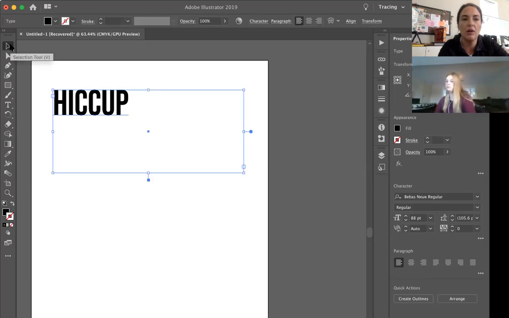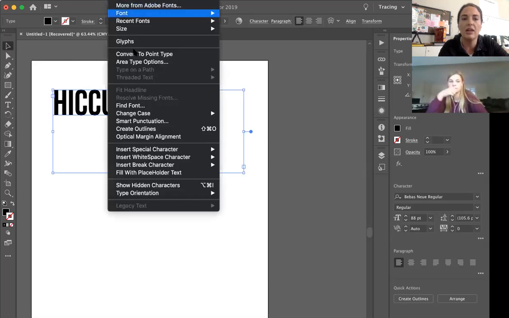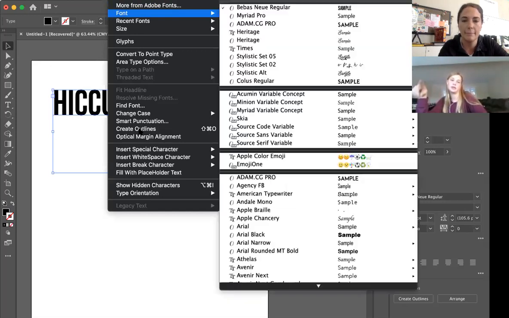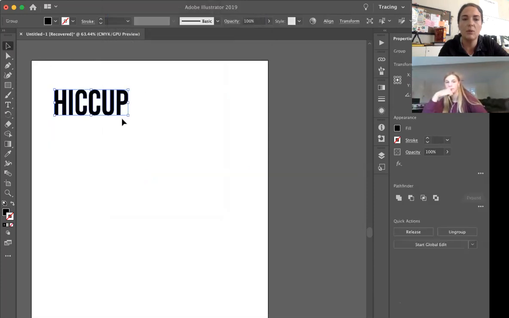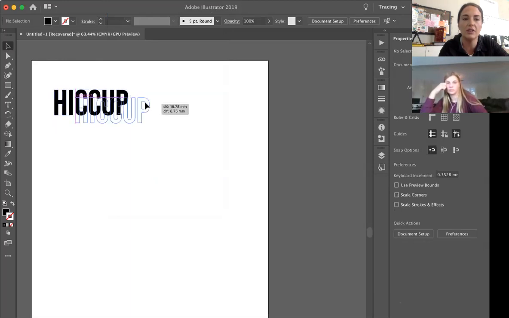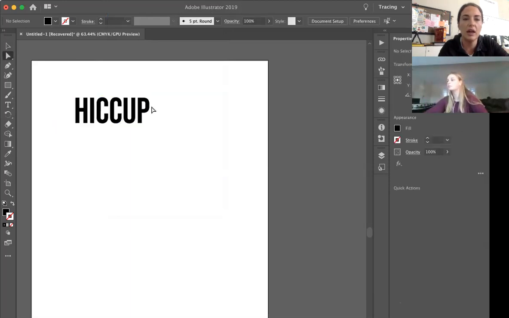So click the arrow after you're done manipulating your text, and then you go up to the very top menu where it says type, and then you hit create outlines. Okay, so select type and then outlines. Yep, and then what that does is it turns your text into actual vectors so that, say, if I want to just grab the I and move it up, I now have full control and manipulation over